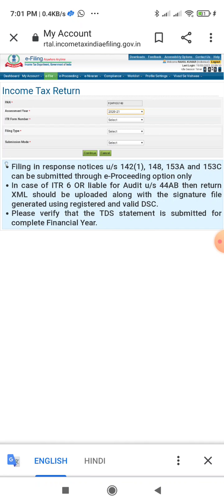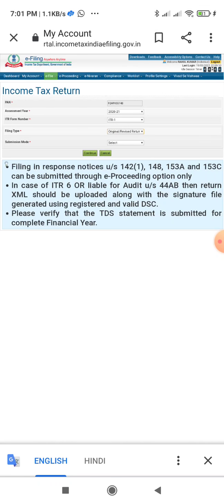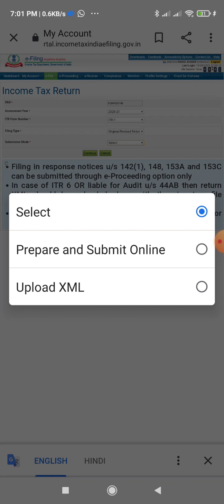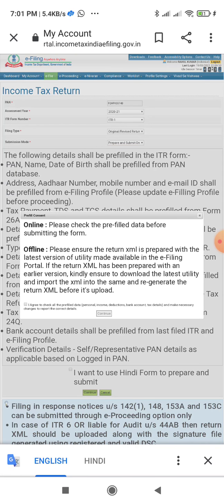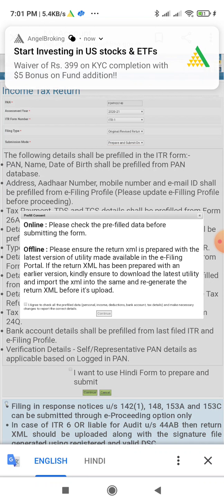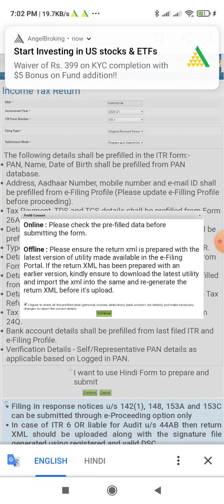Then ITR form number will be ITR 1. Filing type will be original and revise return, and submission mode will be prepare and submit online. Then we'll click on the continue button. We'll click on I agree to check and click on continue.